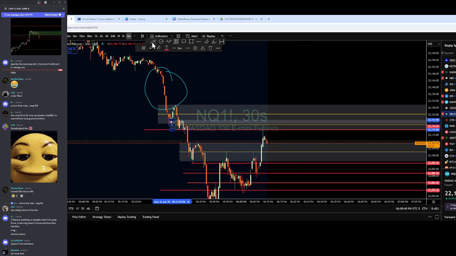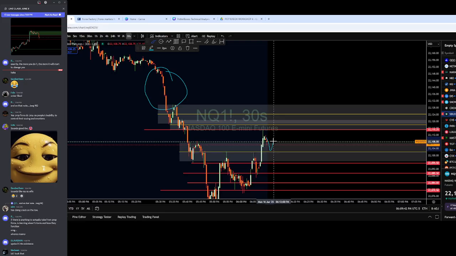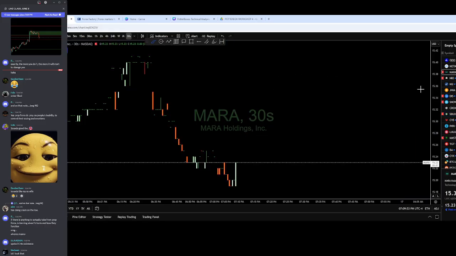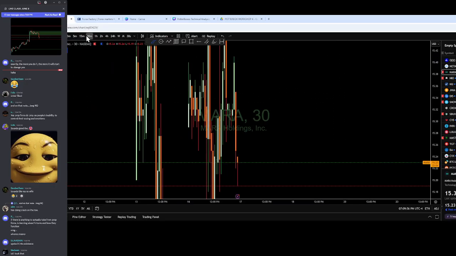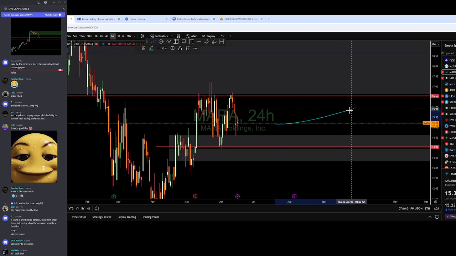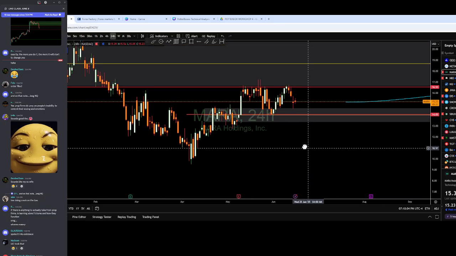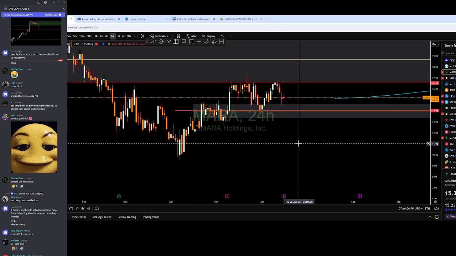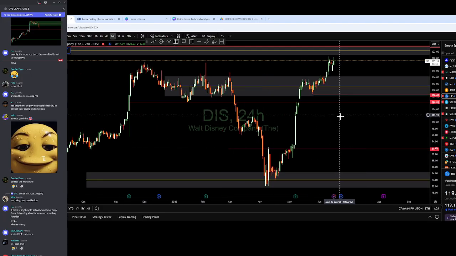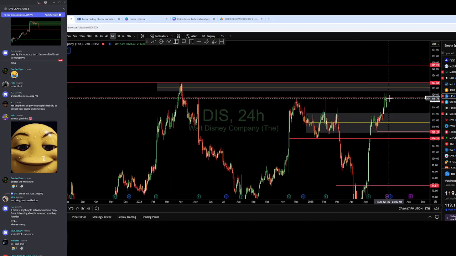Expansion, contraction. Now, what's likely going to happen in areas like this? A lot of the times you'll see another one of these, but here it's stuck in between two boxes. We'll come back and check on that in a minute. Now, we're going to look for something that has moved, versus something we would want to set alerts on. You guys are welcome to set that up or drop your request.